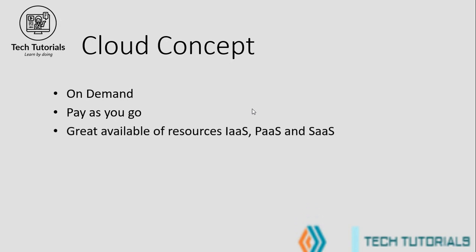The next thing is high availability of services as IaaS, PaaS, and SaaS. On IaaS, the cloud vendor provides us a virtual machine. We are responsible for installation of the OS on it, managing it, and installation of security patches and updates. We are also responsible for installing the software we require to develop our application and managing it. On PaaS, we are provided a platform as a service, meaning that we are provided a Java environment or Python environment on which we can code and deploy our application, and we should not be worrying about security patches or security